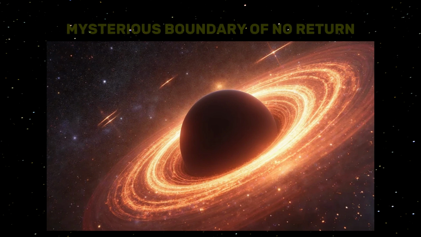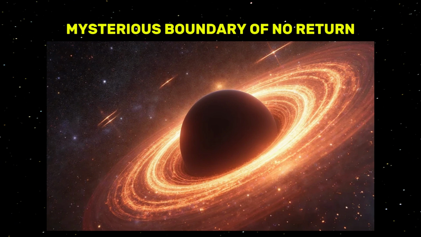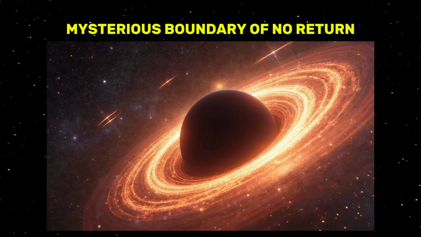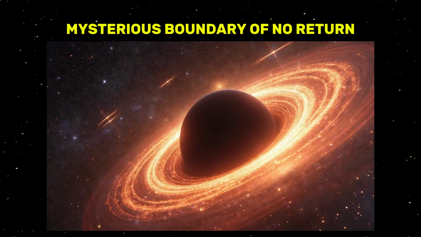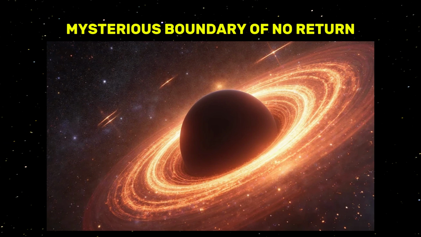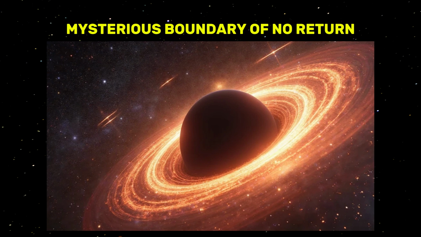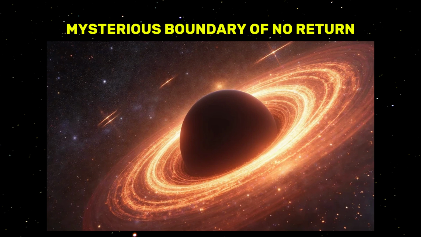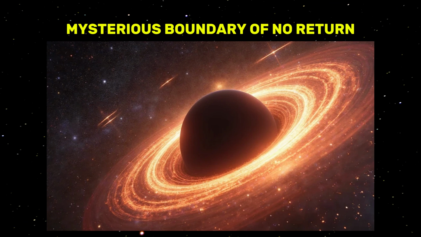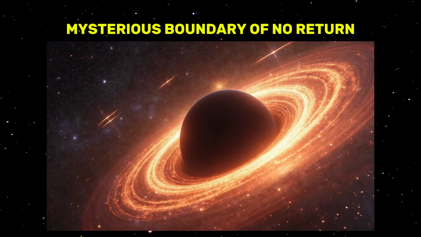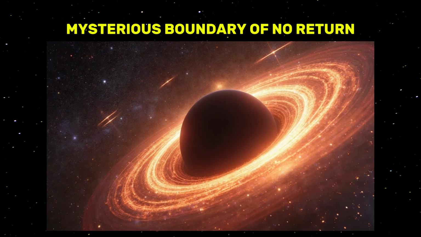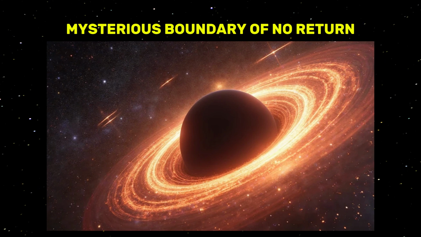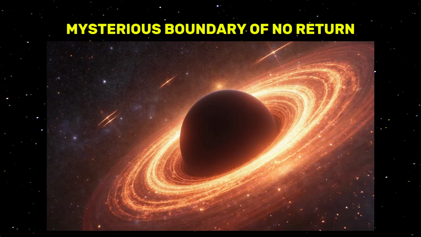The mysterious boundary of no return, the boundary known as a black hole's event horizon, is one of the most fascinating and mysterious phenomena in the cosmos. It represents the ultimate limit, the region beyond which absolutely nothing can break free from the immense pull of gravity, not even light. Although this boundary plays a crucial role in our comprehension of black holes and the fundamental nature of space and time, the event horizon remains a puzzling and difficult to grasp idea. It stretches our understanding and calls for a closer examination of the very structure of the universe.